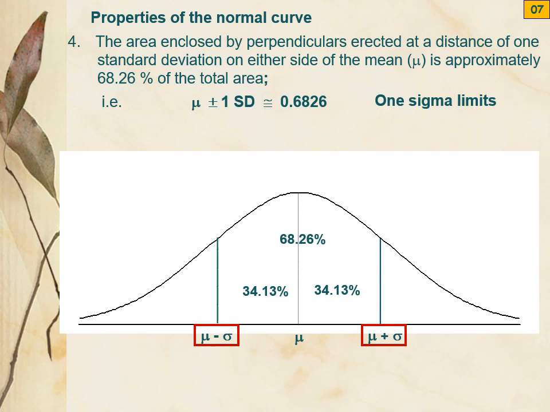Or if you present it in proportion, 0.3413 on the left side and 0.3413 on the right side. And because the total area is 1, 0.5 on the right side and 0.5 on the left side, you can get the area beyond mu plus sigma, and the same area will be below mu minus sigma. So this is the 1 sigma limit, and you must remember that the 1 sigma limit of the normal distribution covers 68.26% of the observations of the total area, and they are called the 1 sigma limit, mu plus 1 sigma, mu minus 1 sigma.